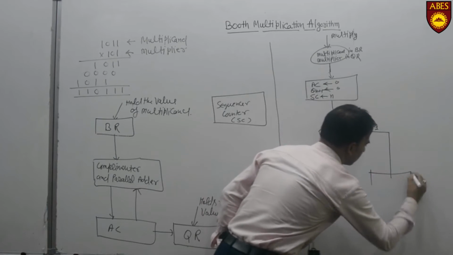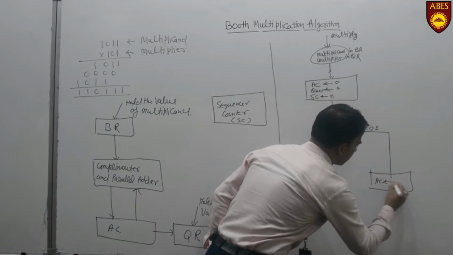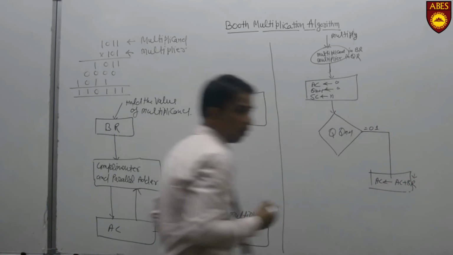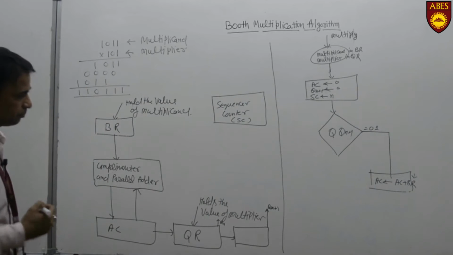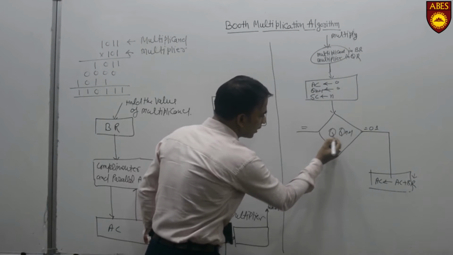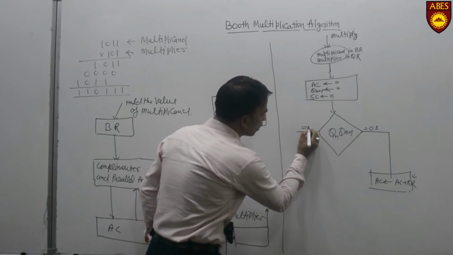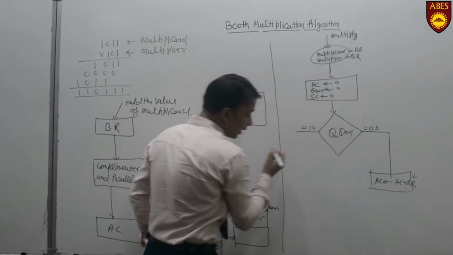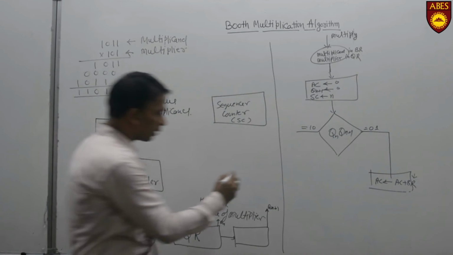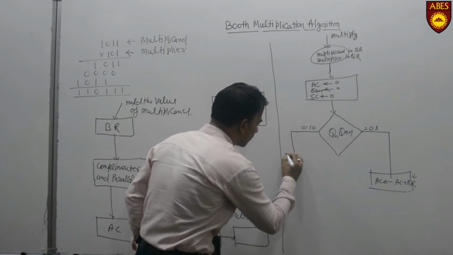We can write it this way: AC plus BR. The BR holds the value of the multiplicand. Now, if the value of Qn and Qn plus 1 is equal to 1, 0, it means we have to perform the subtraction operation. We can write this subtraction operation in this way: